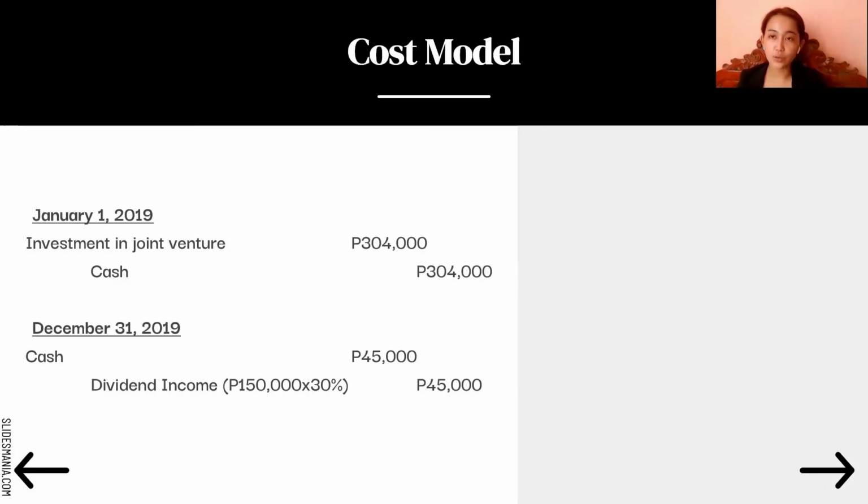On December 31, 2019, the venturers must report their investment in entity Z, a jointly controlled entity, at 304,000. Each venturer must also consider whether there are any indicators that its investment is impaired, and if so, conduct an impairment test in accordance with Section 27, Impairment of Assets. In this case, there is no impairment loss because the fair value exceeds its carrying amount.